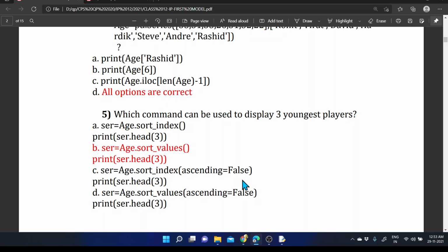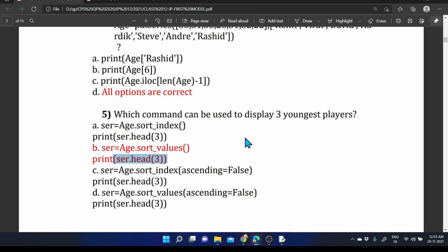Ascending equal to false means what will happen? They will print the data in descending order. So that's not our requirement. We definitely need to use sort underscore values directly there, and they will print the first 3 values by using head of 3. The 0th, 1st and 2nd index location values will be printed by using head of 3.